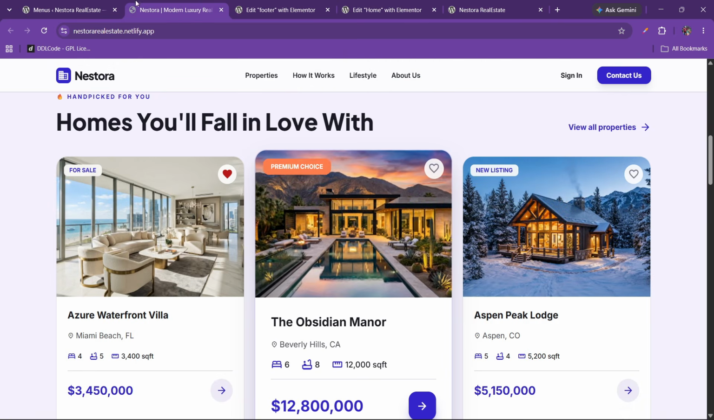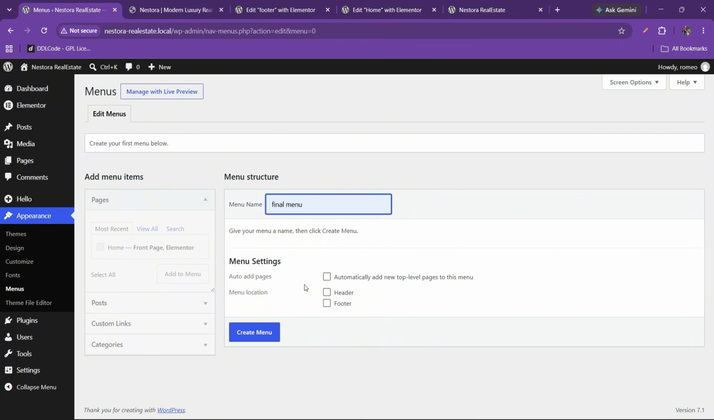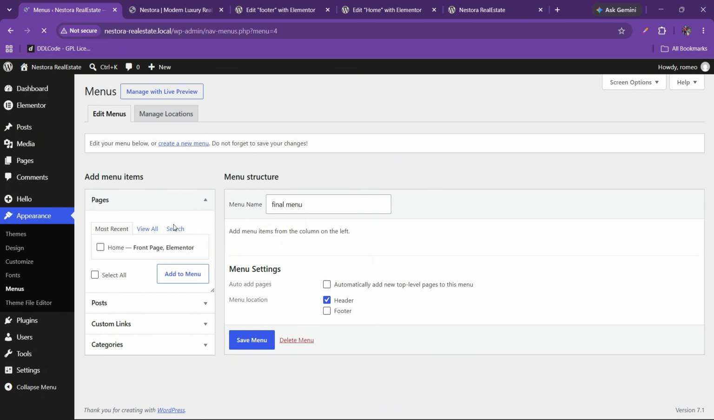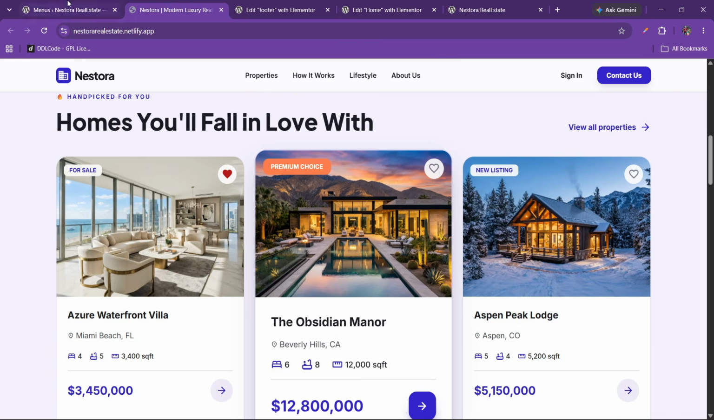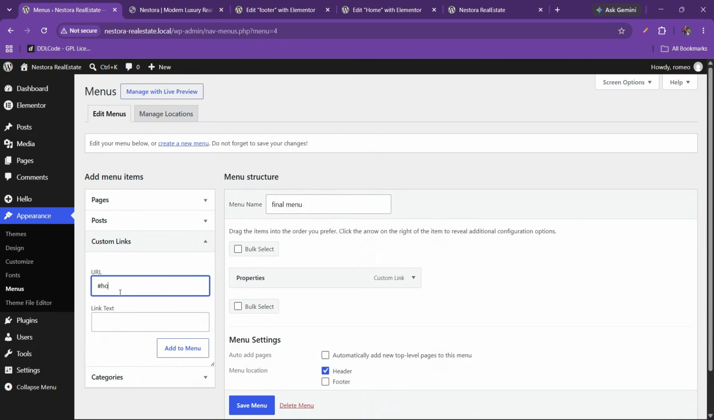Okay, now for making the header, we can just go to this menu. We can choose the header and create the menu, and let's try to add the menus like this. Okay, now let's see how properties work. So let's add a custom link, and here we can try properties, and here also properties. Okay, then we have how it works. So we can add like how